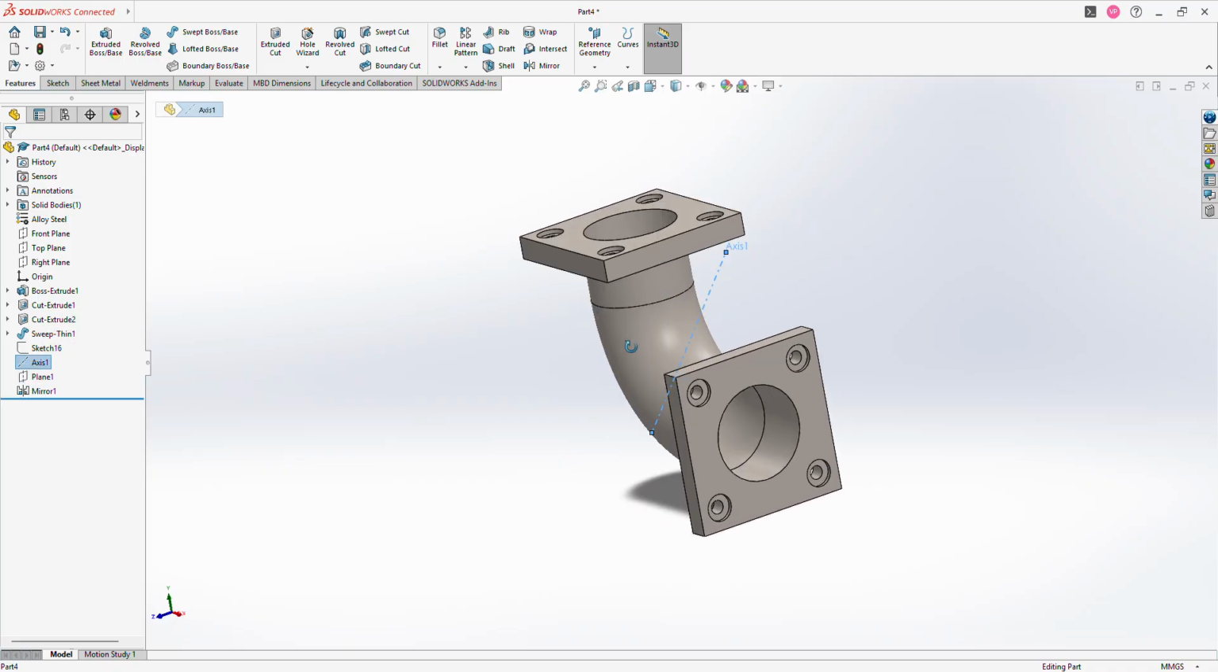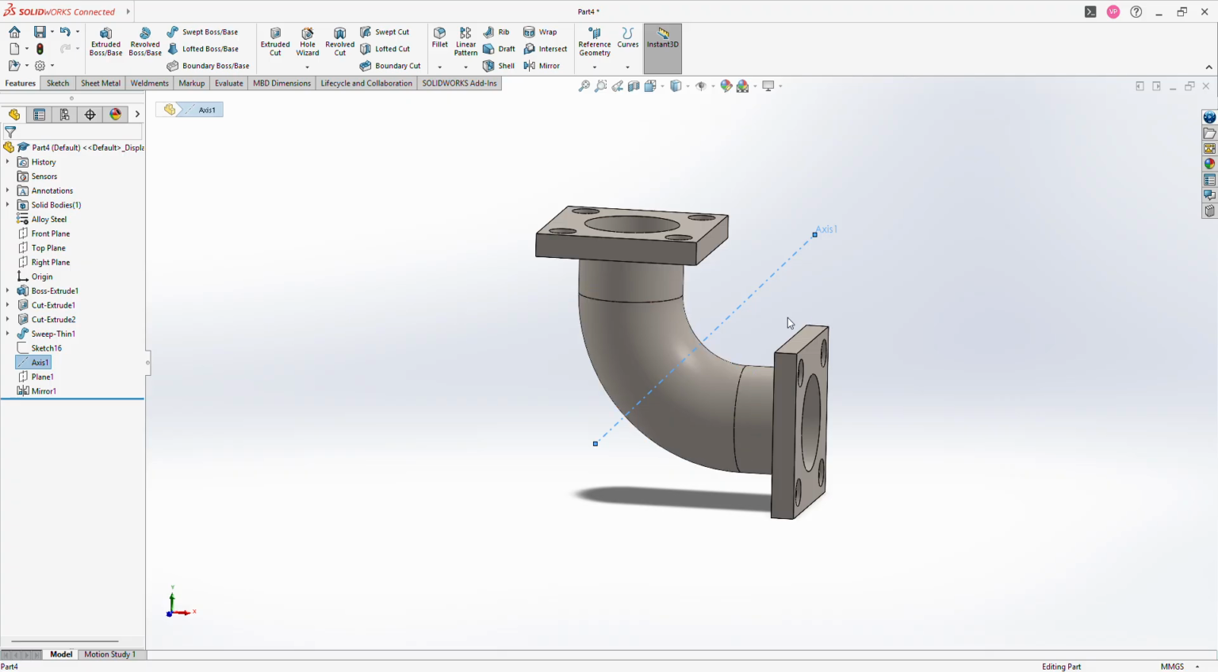Okay, there are various other methods of creating a plane, but this is the method that we have used, using